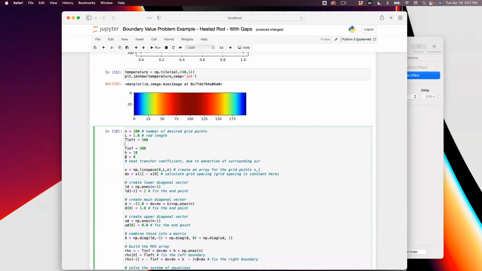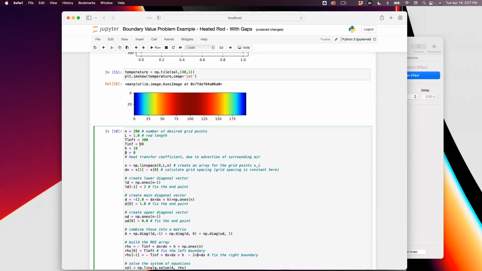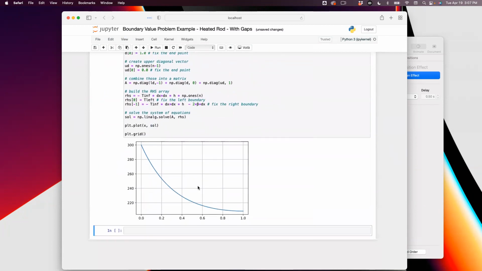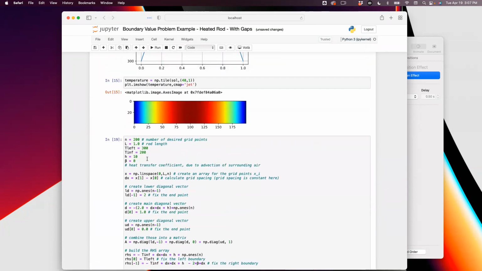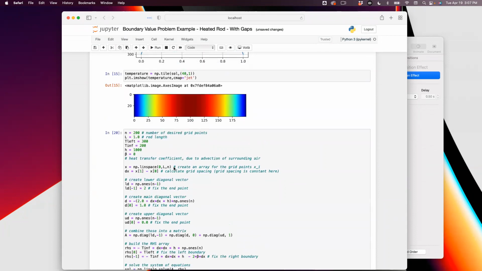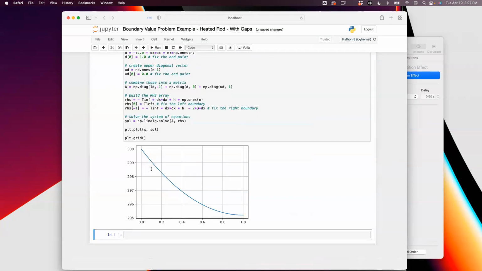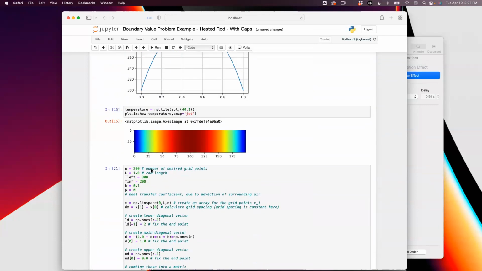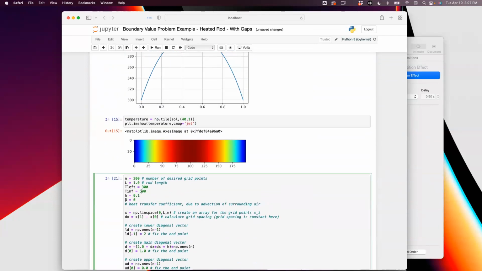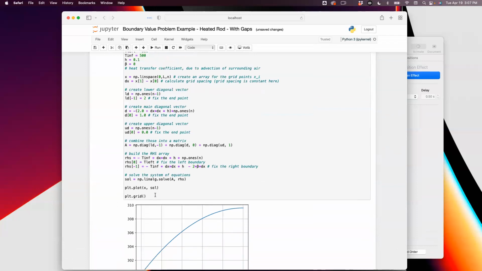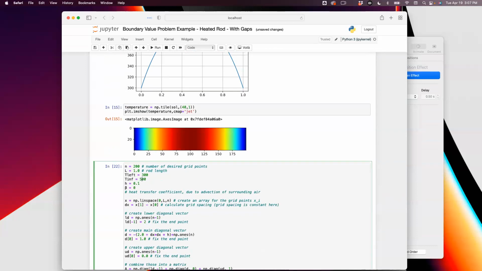We don't have a T right anymore. Now let's do T infinity at 200. Look at that, it's going to go flat. Even if you change h, if you put h 1,000, it's going to go flat. If you put h 0.1, it's going to go flat. It doesn't matter. 500 T infinity, same thing. 1,000,